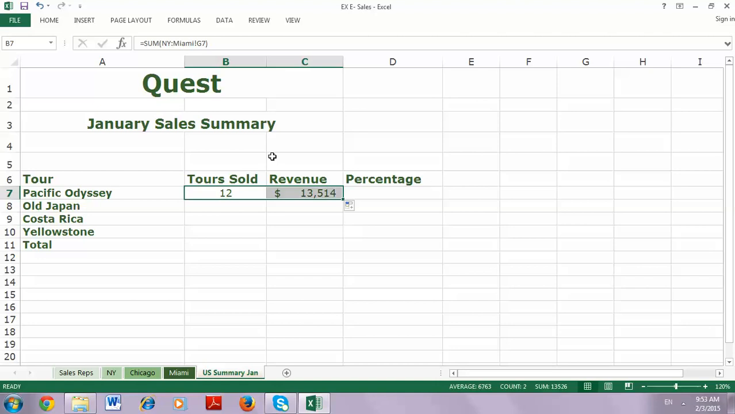In the US Summary Yen sheet, with the range B7 to C7 selected, drag the fill handle to fill the range B8 to C10. You can test a consolidation reference by changing one cell value on which the formula is based and seeing if the formula result changes. Click now the Chicago Sheet tab,